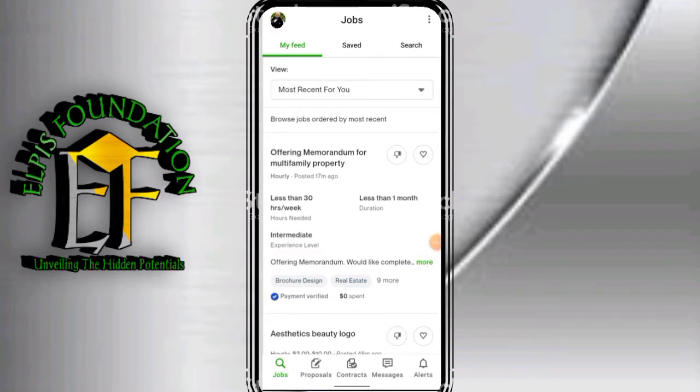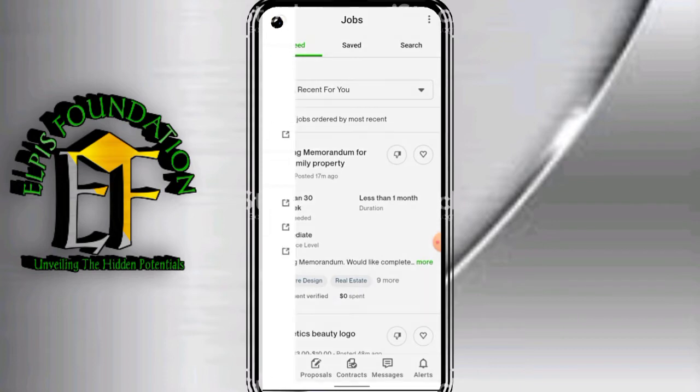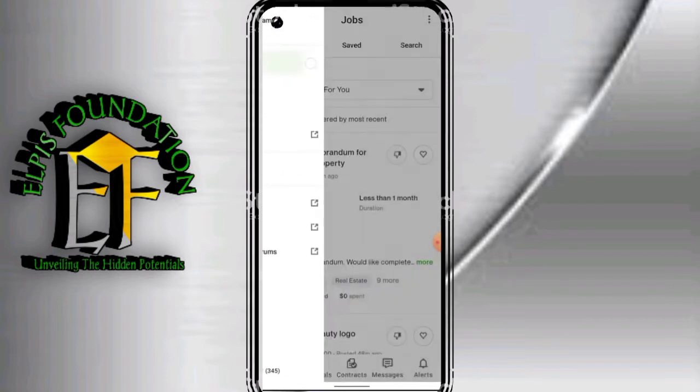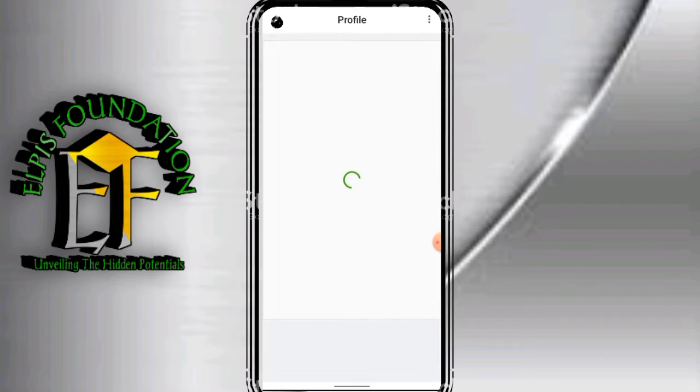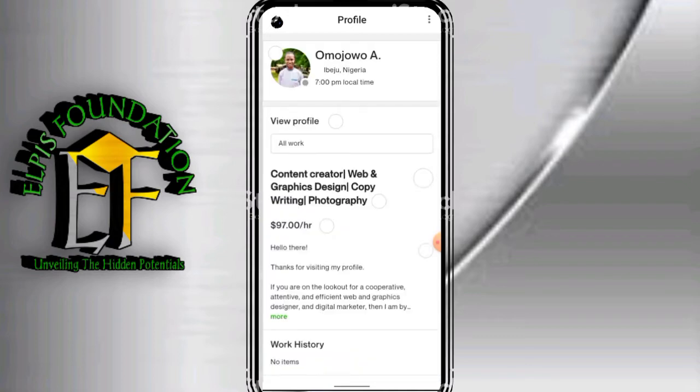All right, this is my Upwork account. So let me show you my profile. There's a way you can actually create more than one profile, up to three. Is it three or five profiles in one account? That's why I have two profiles, and you can put in different skills, and you can use any one of them to write your proposal